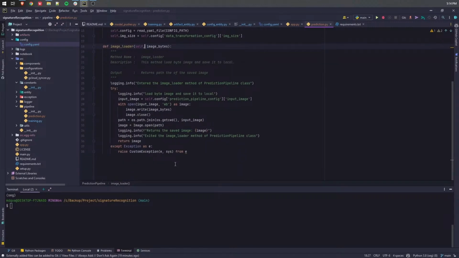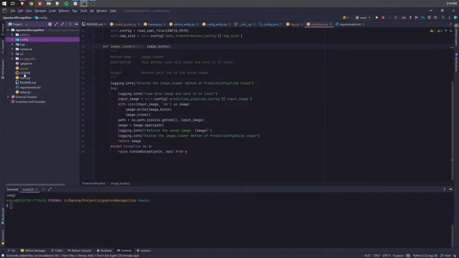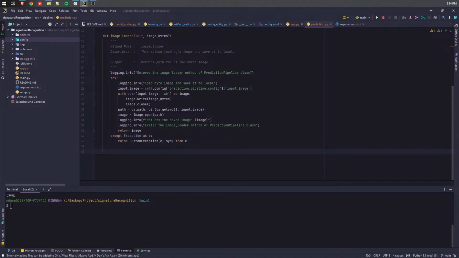Okay, so once this function runs, inside the signature recognition folder there will be a file named input image.jpg. That's the use of this function: just to load the image from FastAPI, convert it, and save it locally. And after that, what we need to do is get the model from our